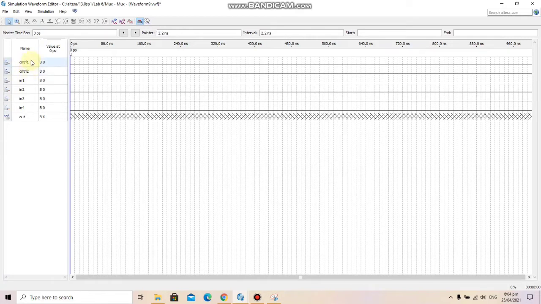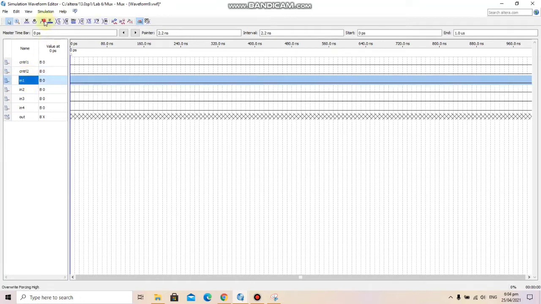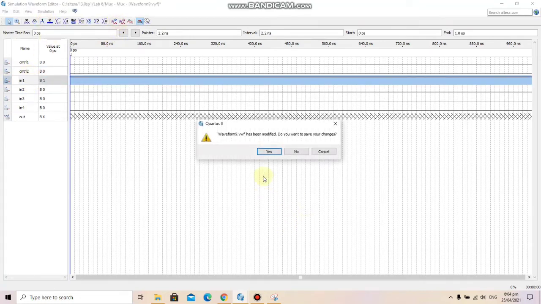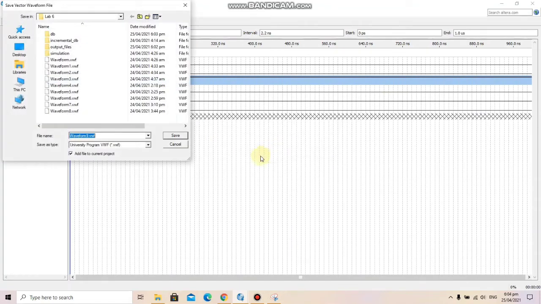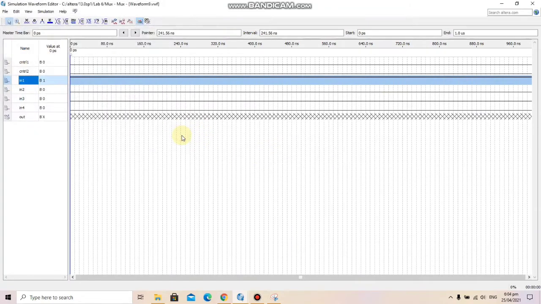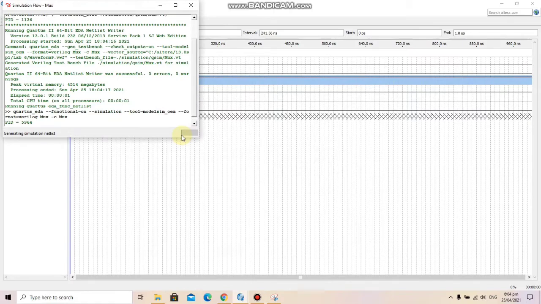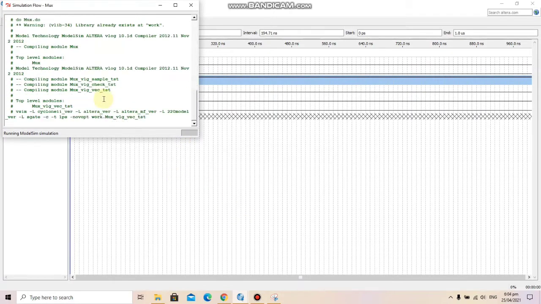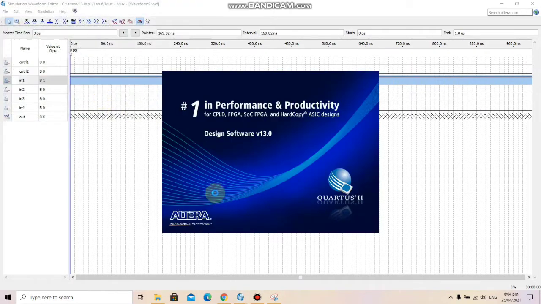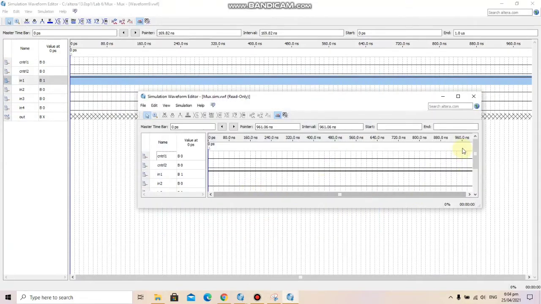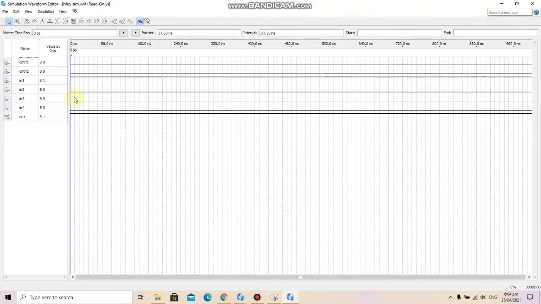So keeping them 0 0, our output should be input 1. Let me change the input 1 value to 1, and now let's run. Our output should be input 1, which is 1. So let's see. And here we can see that our output is 1.